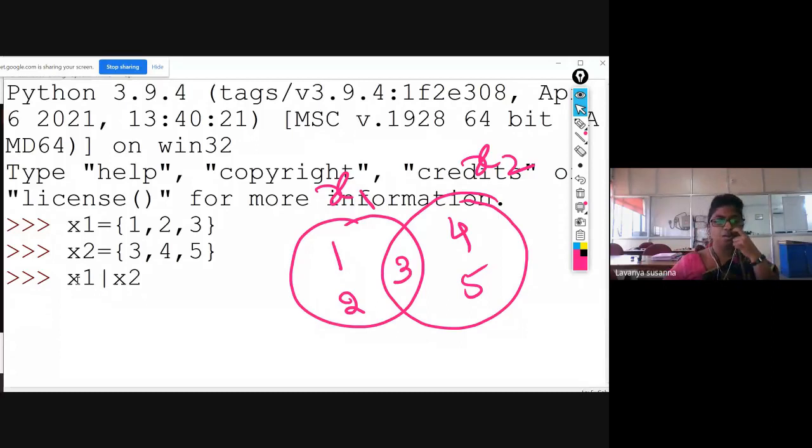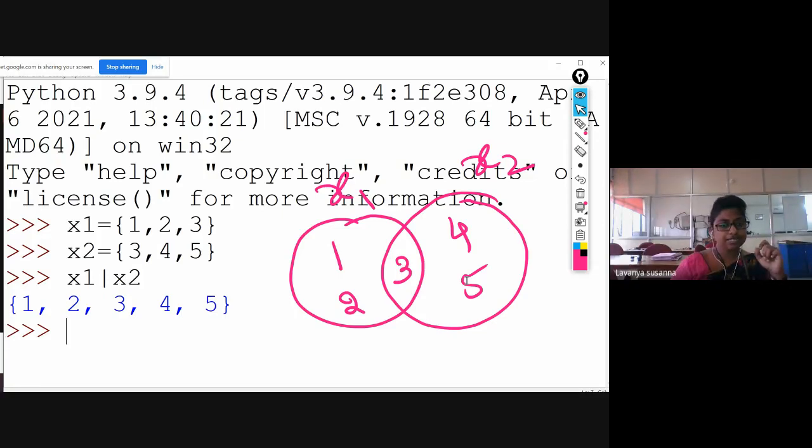Here with the OR operator you are performing union. What is the output you will get? See, all the elements, right? 1, 2, 3, 4, 5.